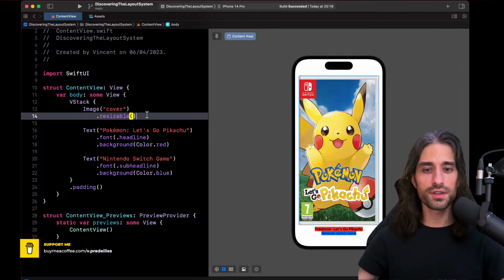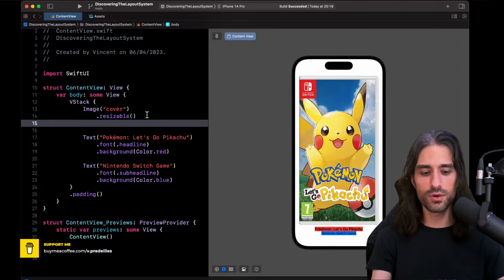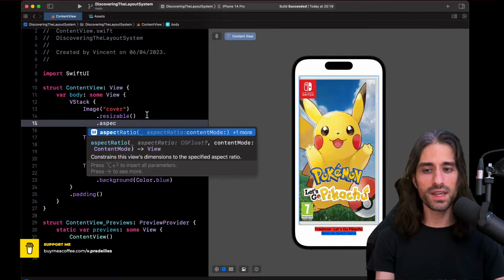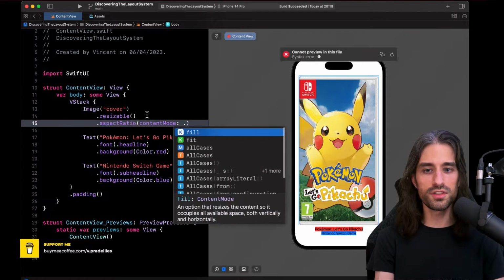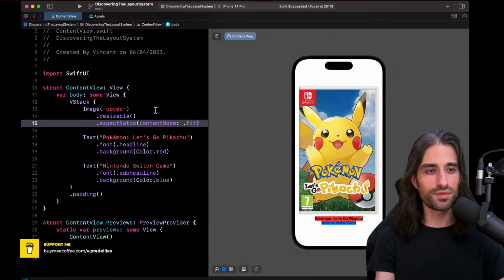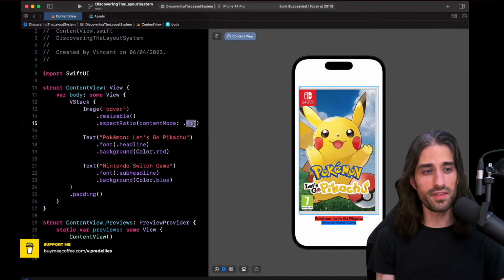How can we force it to respect an aspect ratio? We can use the modifier aspect ratio and pass a content mode. So we get back to things we are used to in UIKit. So we can say fit if we want to fit the available space, meaning that we will not crop the image, but some parts of the available space will not be used.